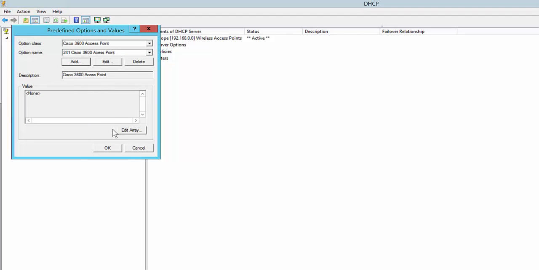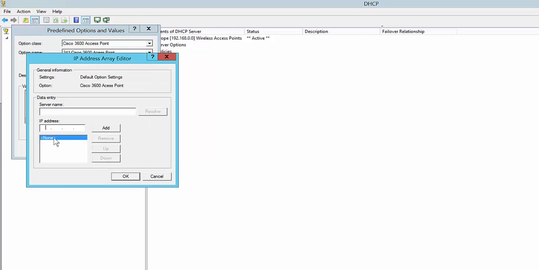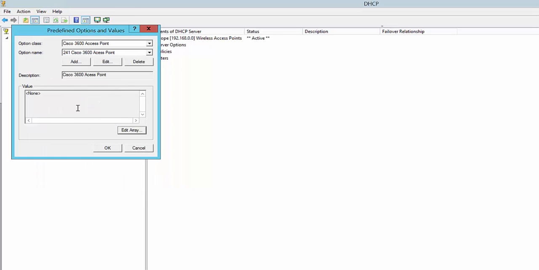Now, I can choose here to edit the array and provide these IP addresses right here. If I do that, it makes them the default for every scope that I create. So I typically leave this blank and choose to assign these directly to the scope itself,